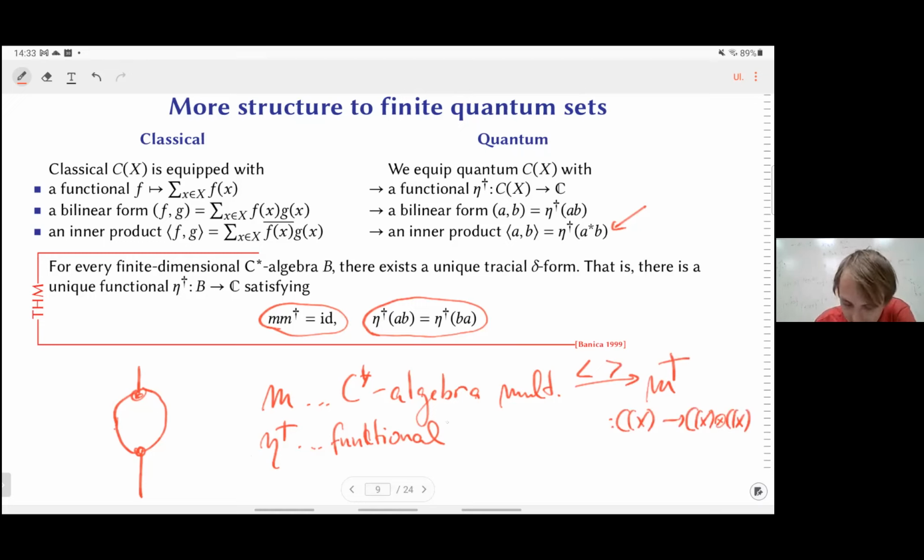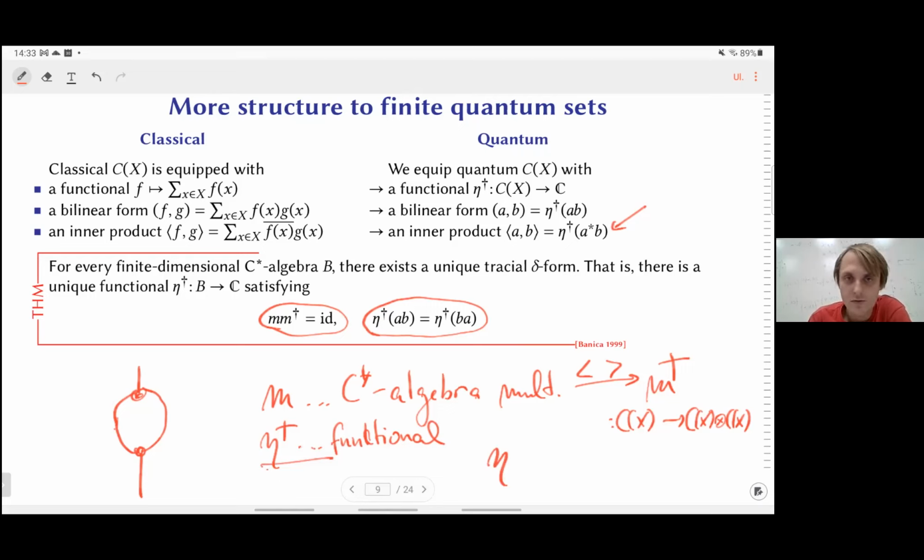And also I can take, by eta, I will denote the unit of the algebra. And if I take the adjoint of the unit, I get back this function. So this is why I denote it by eta dagger. I think if you take as a kind of inner product between two things, the evaluation, then the transpose with that is the co-multiplication, something like that. So it's not so far away from a co-multiplication.